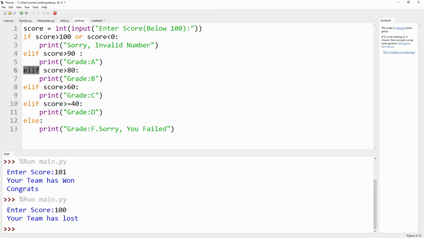So if it is greater than 80, then print grade B. Otherwise, the final else, if that is below 40, grade F, you failed.